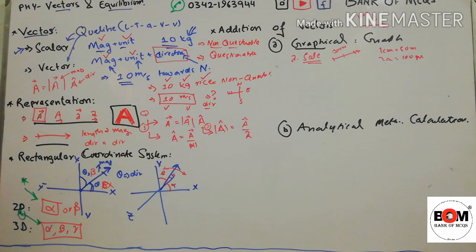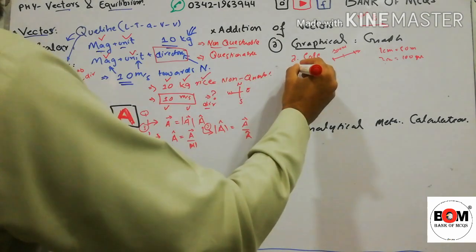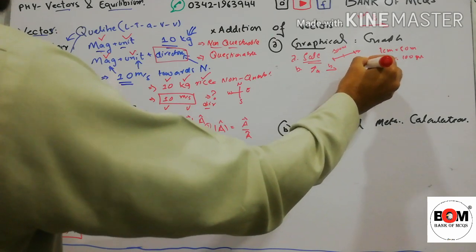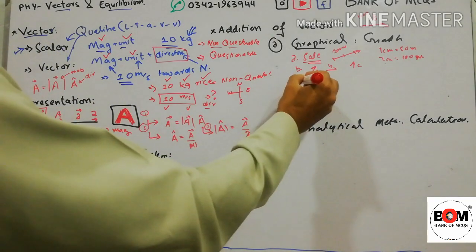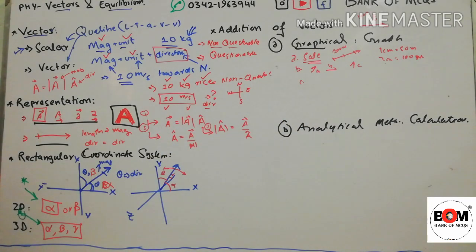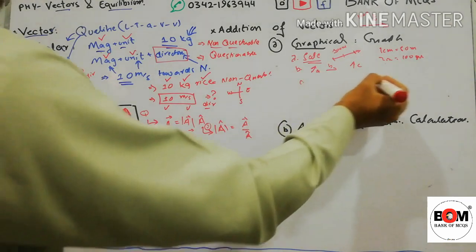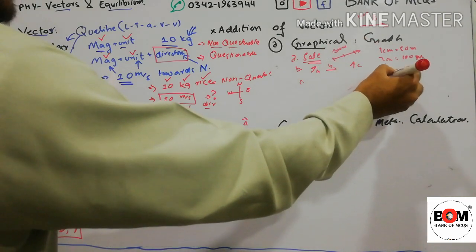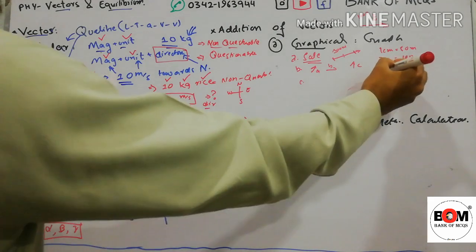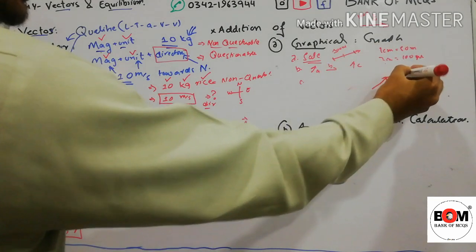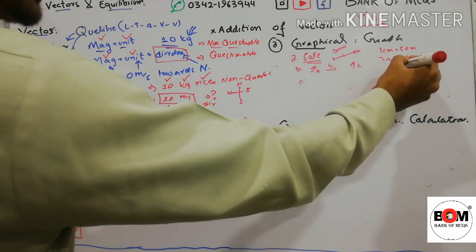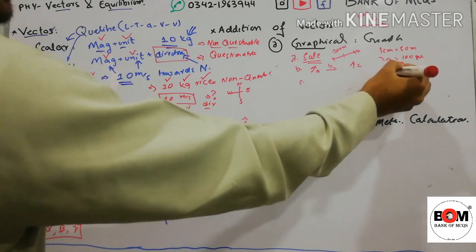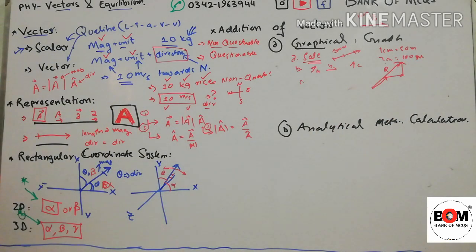The second step is to draw vectors. So we will draw all the vectors. If this is vector A, this is vector B, and this is vector C, we will draw all the vectors. And next step, we will join all the vectors by the head to tail rule. Head to tail rule means first we will draw the first vector, then we will add the second vector tail to head. So the second vector is in this direction, and the third will be, and so on. And at the last, we will draw from the tail of the first to the head of the last. This is the resultant.